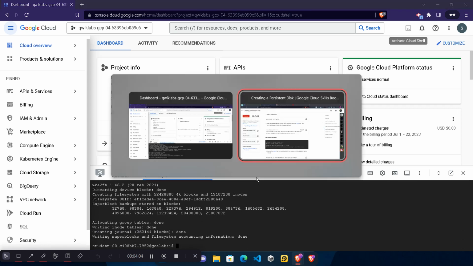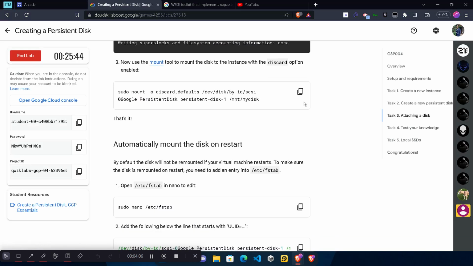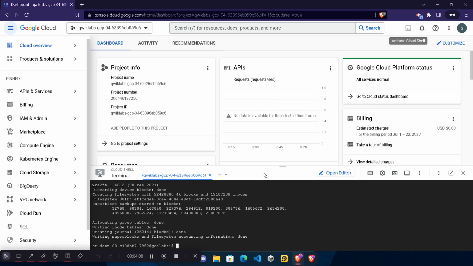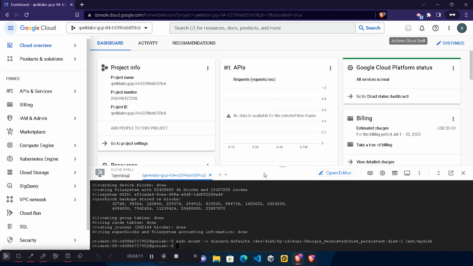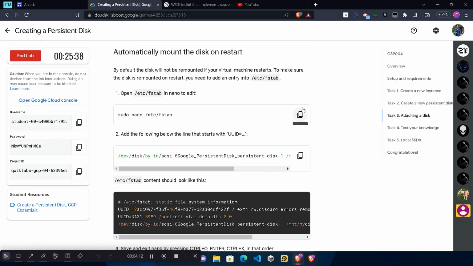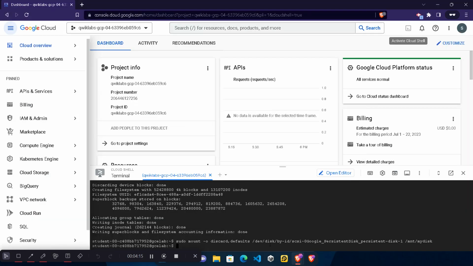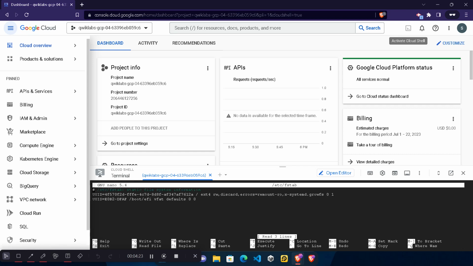While it's executing, simply come back to here, scroll down a little bit, copy this command, come back to here, paste the command here, hit enter button, wait for this command to get executed. Simply come back to the lab, copy this first command, and once you copy and paste this command, the sudo nano command, it will create a new file or open a text editor for you. Okay, so let me paste it and hit enter button. Basically what it does, the terminal will change to the editor. Okay, so don't panic if the terminal looks like this.